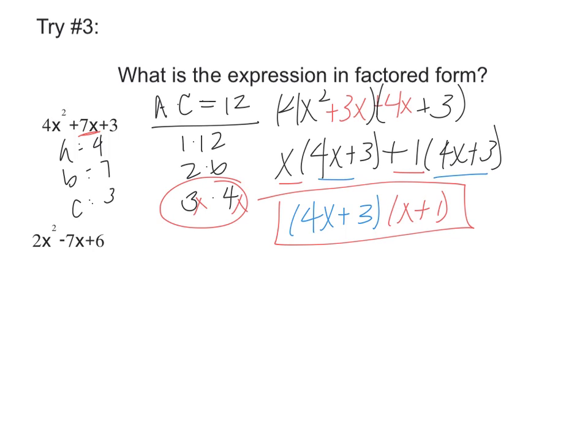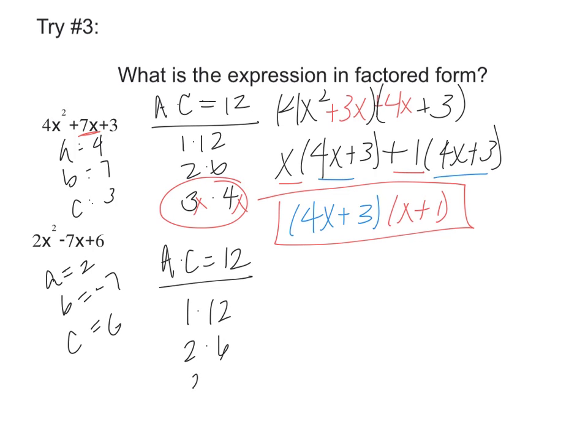Last one of this section. A is 2, B is negative 7, C is 6. Okay, AC would give me, again, 12. So 1 and 12, 2 and 6, 3 and 4. What combination now is going to give me negative 7? Well, the only way I'm going to get negative 7 with the combination of 1 and 12, 2 and 6, 3 and